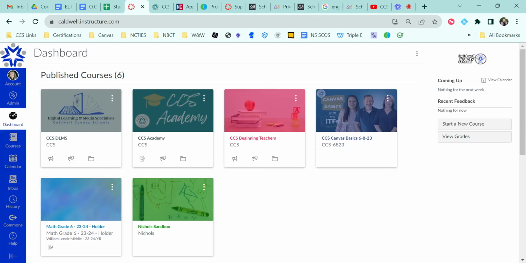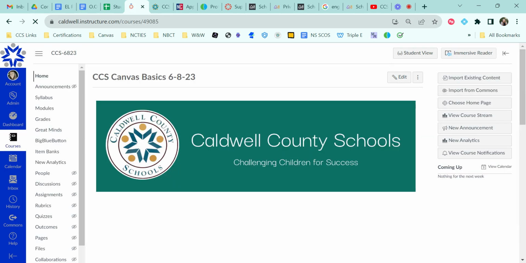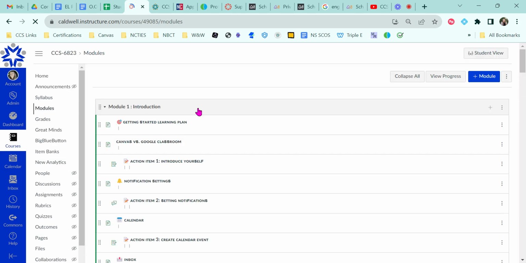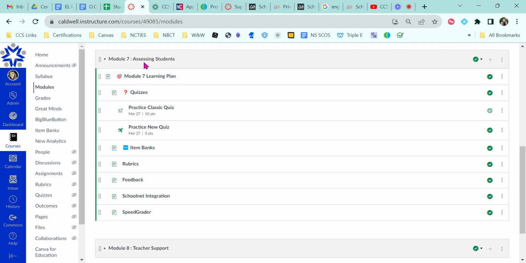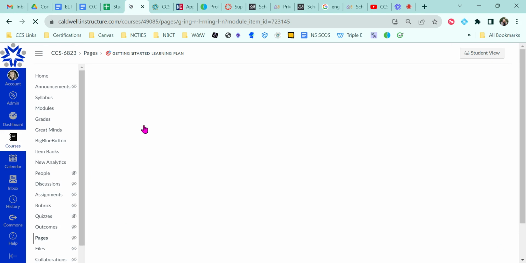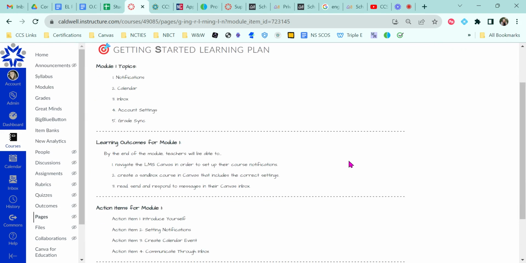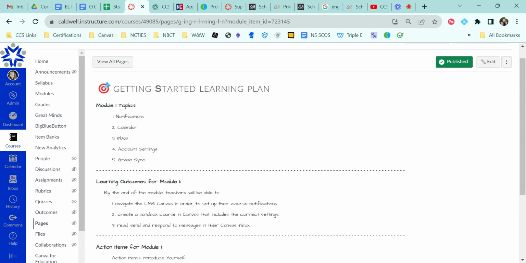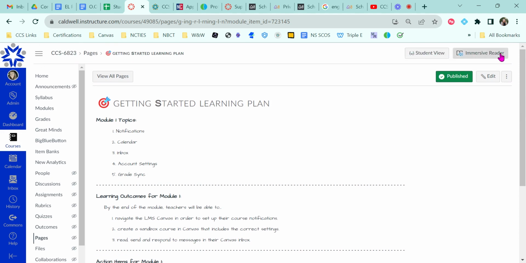Today we're going to talk about how to use Immersive Reader. So you can go into any course, and so I'm going to pick this one. And then let's say that you have your students going into the first module, and let's say you've got a page that has a bunch of information or a bunch of writing on it. Up in the top right hand corner, there should be Immersive Reader for you and for your students. You can click on Immersive Reader,